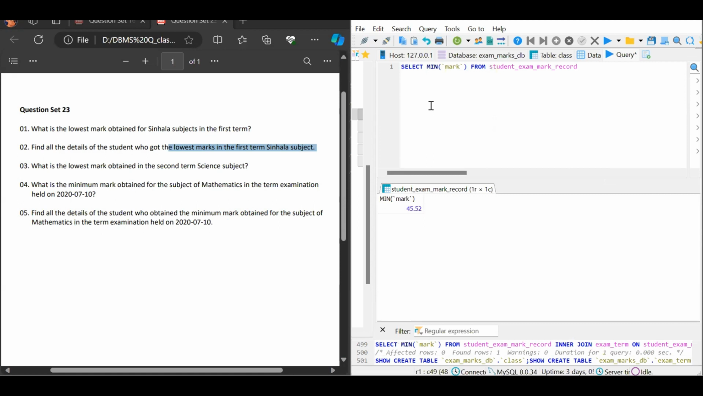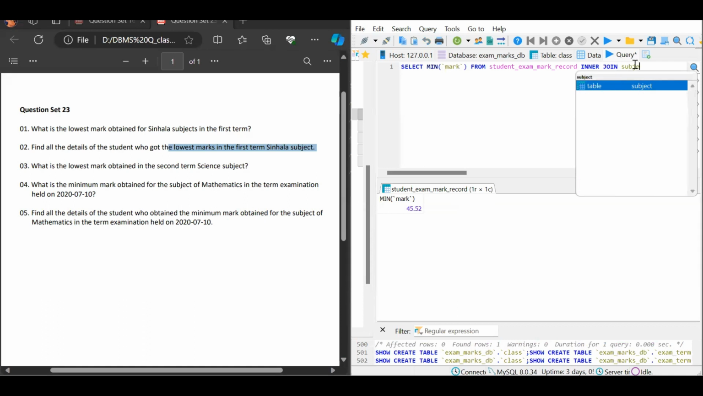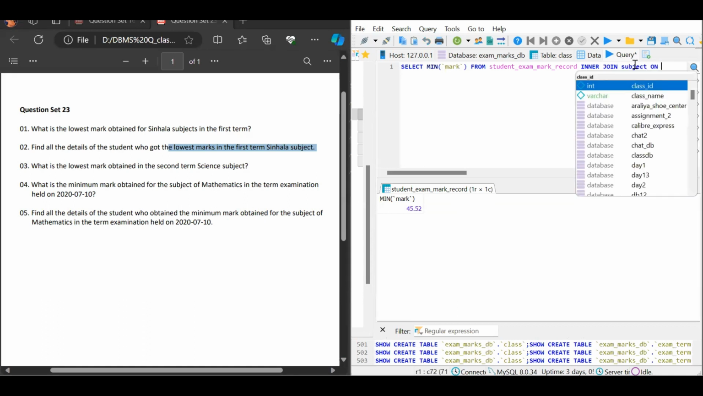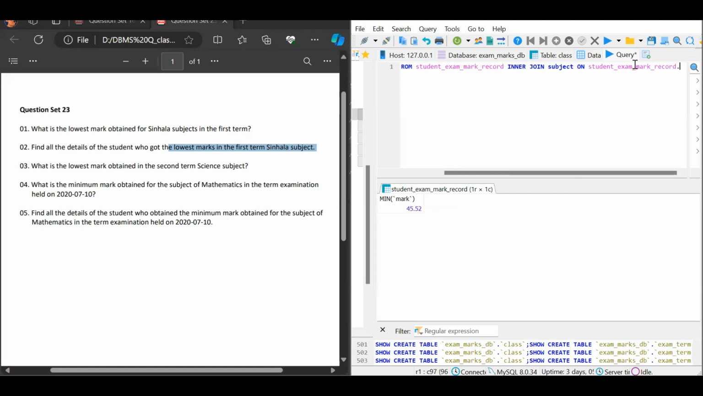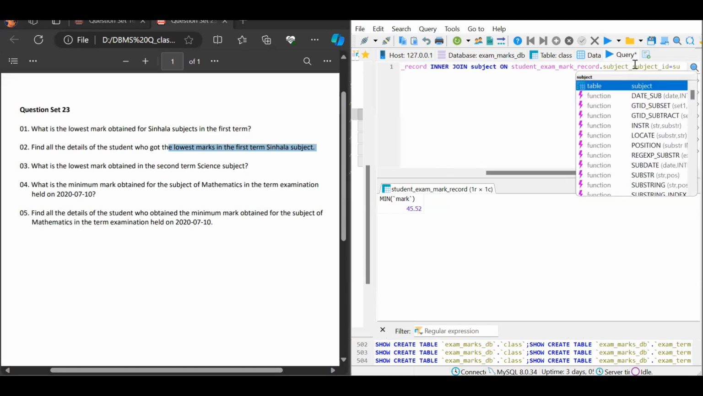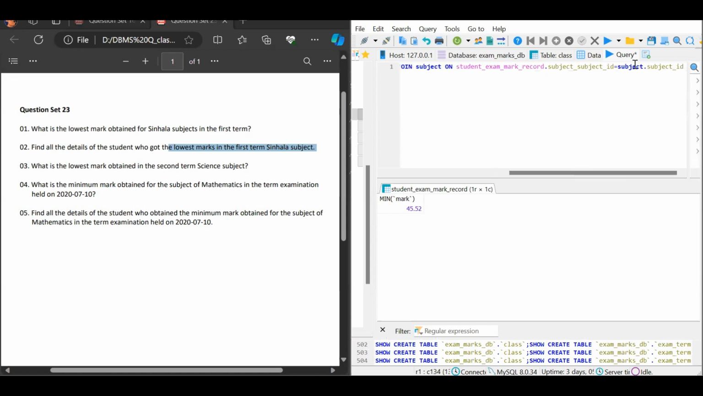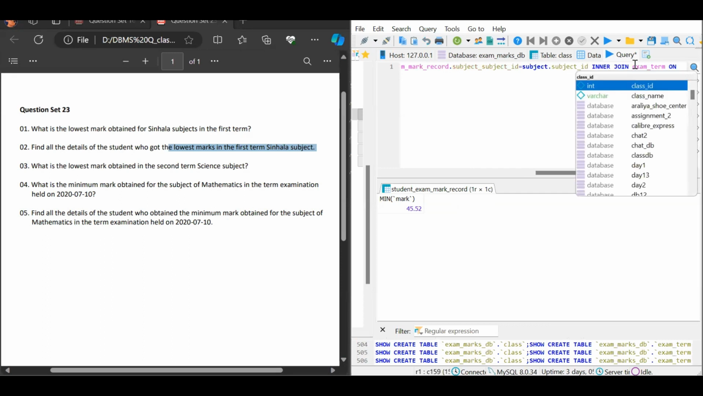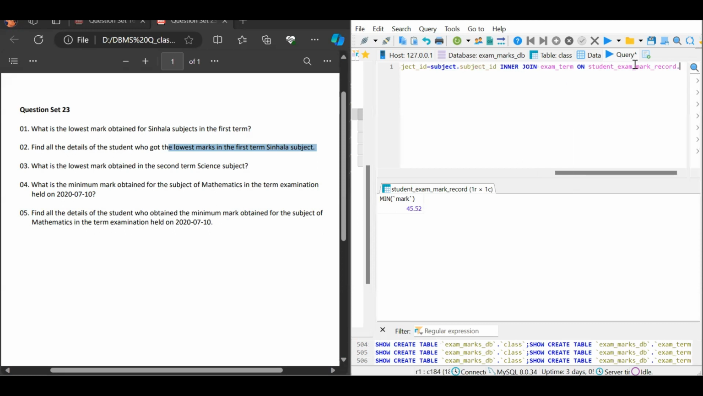We need to obtain the minimum mark from the student exam mark record table, and then we use the inner join here as we need to join the subject table and also the exam term table. So then let's first join the subject table. We can use the on keyword, and then the student exam mark record table dot subject id equals to subject table dot the subject id, and again we can use the inner join, and then let's join the exam term table. We can use the on keyword here, and then the student exam mark record table dot exam term id equals to